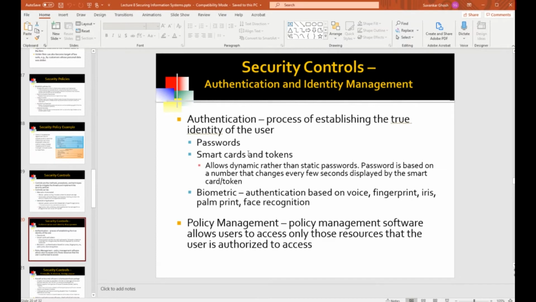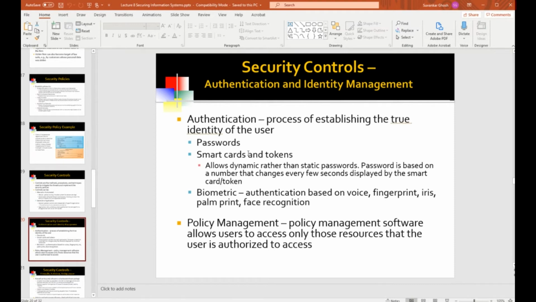And every 30 seconds or 10 seconds, depending on that's a configurable parameter, that random number is going to change. It's going to change to a different random number. The password is the traditional password concatenated with this random number as the second part of your password. So it's a dynamic password because the next time you'll see a different random number.